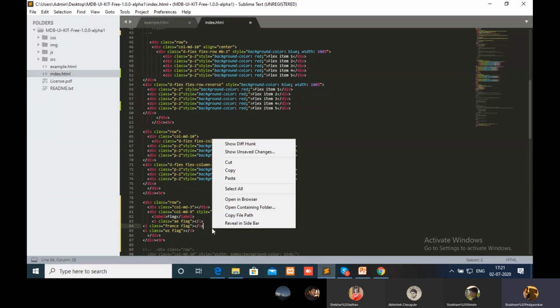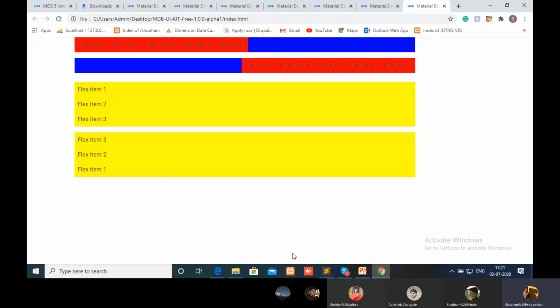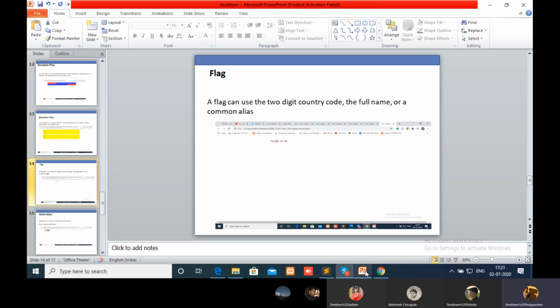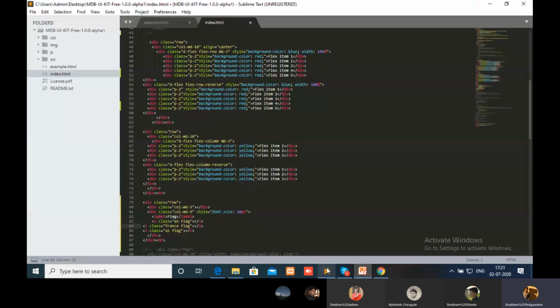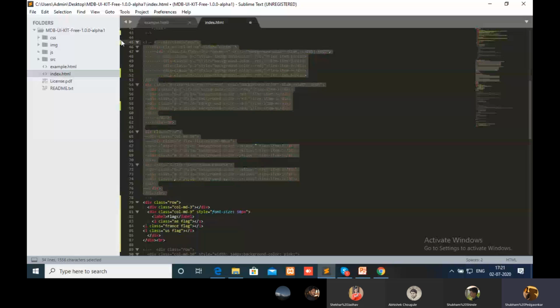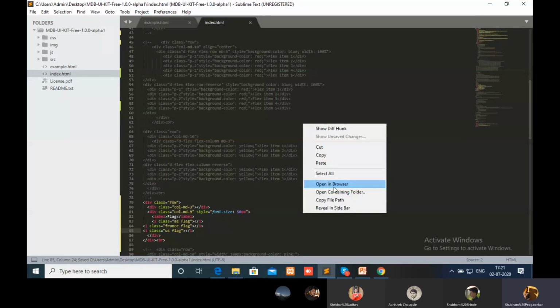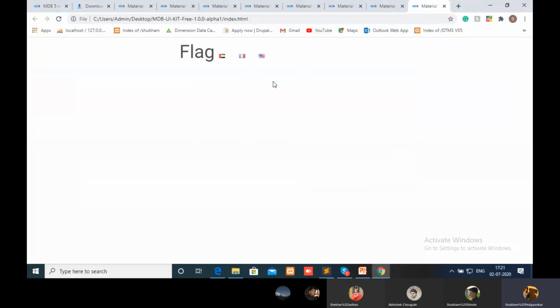First of all, look at the example. Here you see it is the flag of Argentina, the flag of Indonesia, and the flag of the USA.